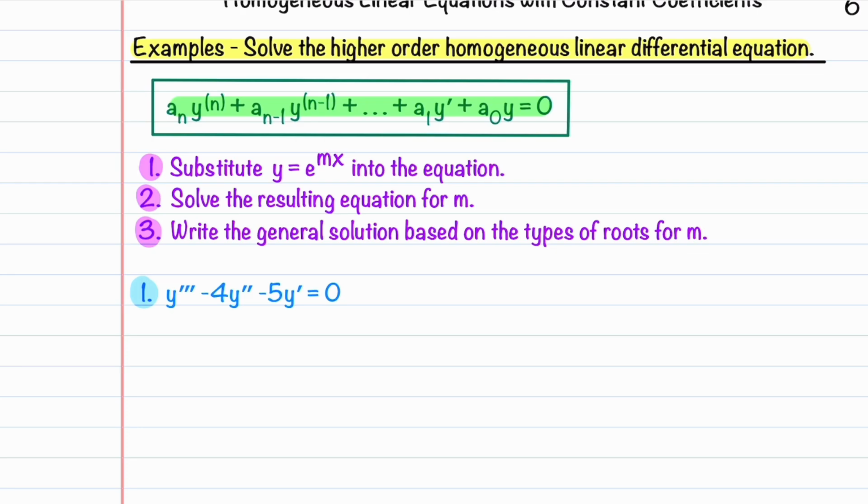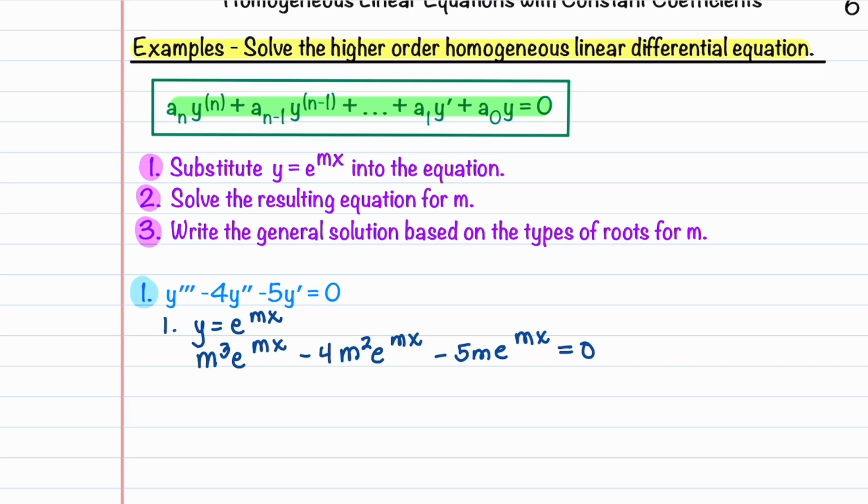We have y triple prime minus 4y double prime minus 5y prime is equal to 0. The first thing that we want to do is substitute in that y is equal to e to the mx. For this type of equation, this is what our solution looks like. Substituting this in, we end up with m cubed e to the mx. That's because we have 3 derivatives, minus 4m squared e to the mx, minus 5m e to the mx is